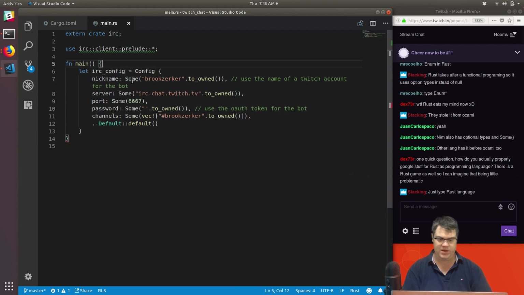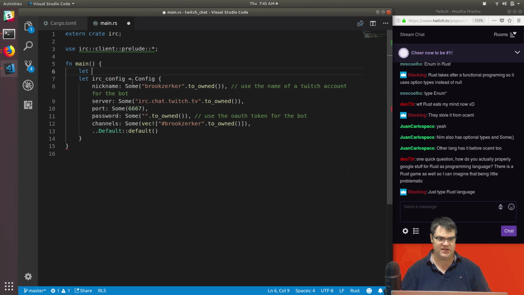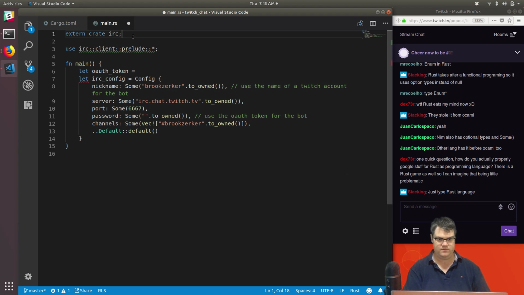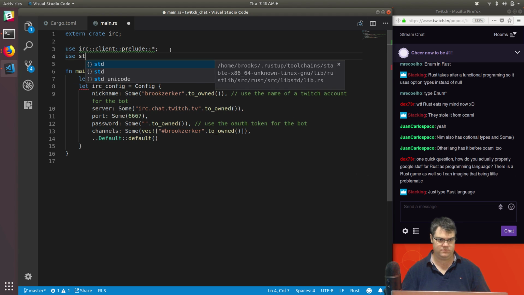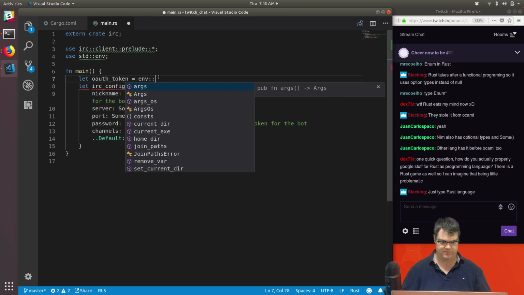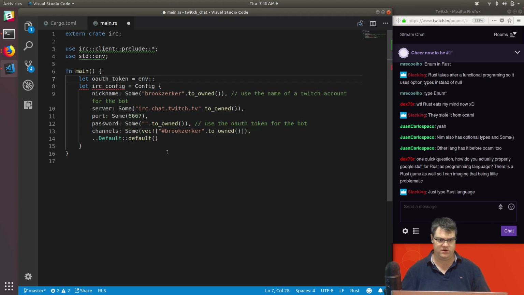what I want to do is maybe right up here, we're going to say let the OAuth token equals, we're going to need to bring in standard env. And so here we can say, okay, env is just var. The key is going to be, unfortunately, I already forgot what I named the key, so I'm gonna